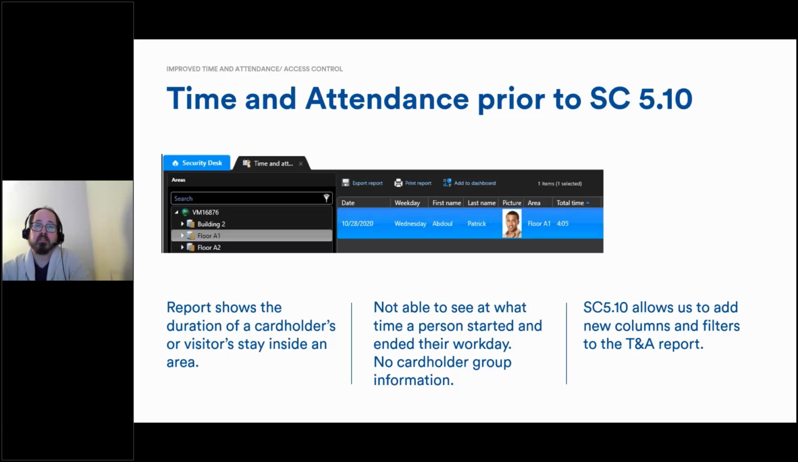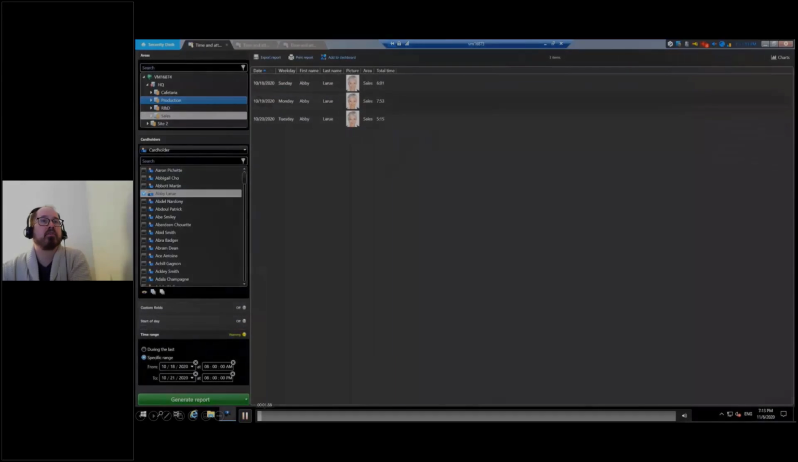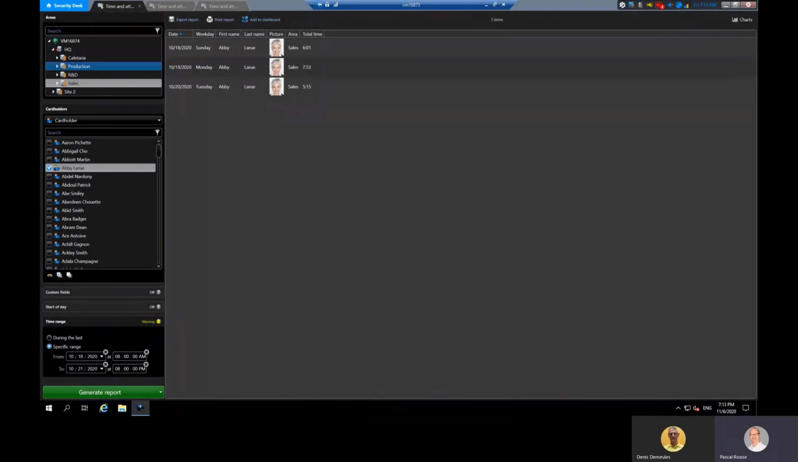There was a little bit of cardholder information lacking here, like the cardholder group. With 5.10, we get to add new columns and additional filters when it comes to the time and attendance report. So let's take a quick look at that within the system, then we'll see how that impacts you. Welcome to this video, which goes over the enhanced SDK time and attendance features we have available in